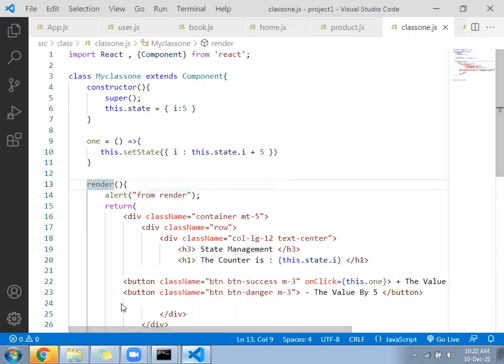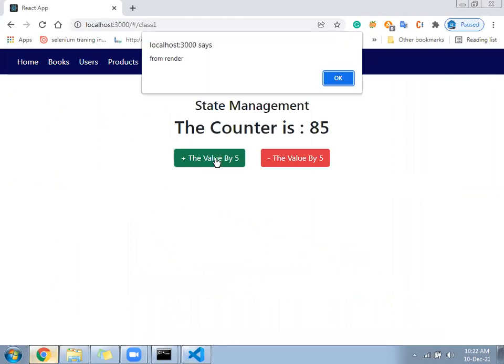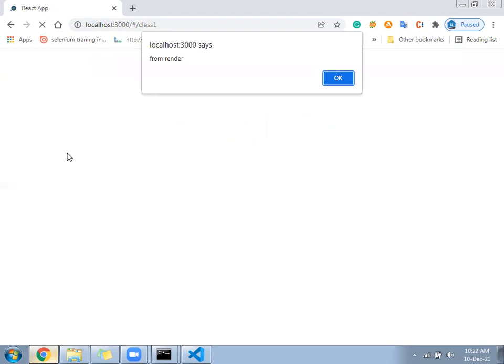Let me go here and understand first. See, render is called, the value will get changed. It looks like it is still loading. Render.